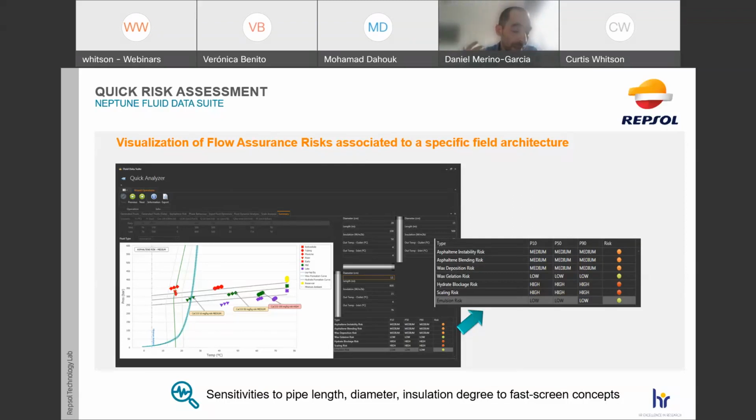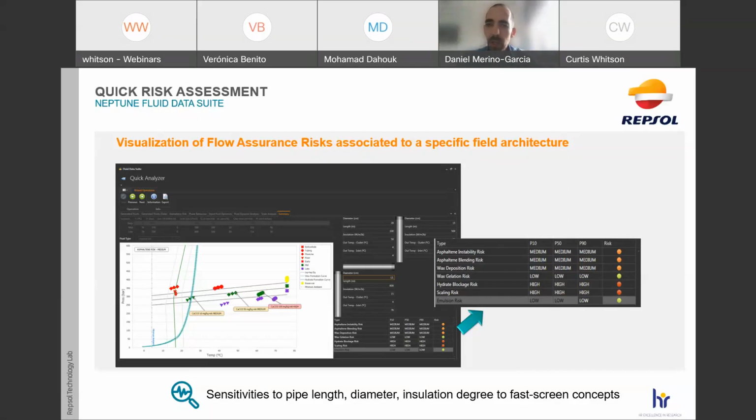And then we have the opportunity to import the fluid dynamic profiles coming from a standard or commercial simulator, but we also have embedded a simplified tool based on historical relations of pressure drop, just to give you a hint of what would be the location of the wellhead in this pressure temperature diagram, what would be the location of the facilities, and in this way identify, again with traffic lights, what could be the most risky elements of